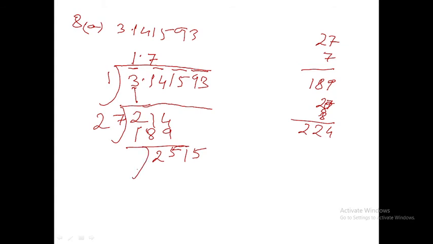Now our next divisor will be 2 times of 17. 2 times of 17 is 34. Now one more digit I have to put here. The maximum digit here I can put is 7. If I multiply this by 7, we get 2429. Now you subtract this from 2515, we get 86. Our next pair is 93. See here, the next pair is 93.